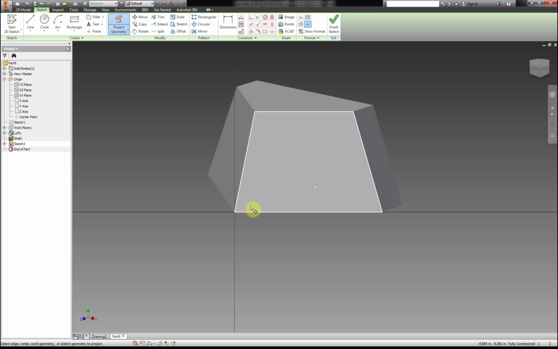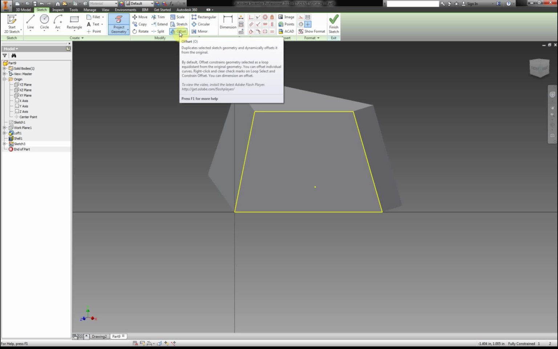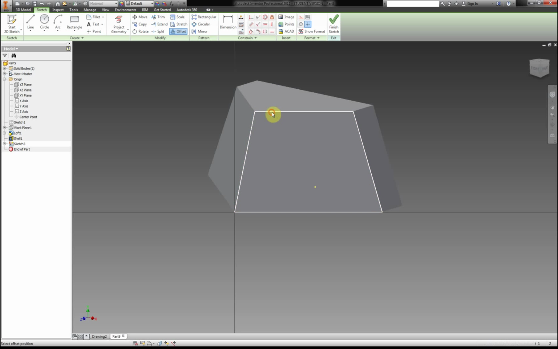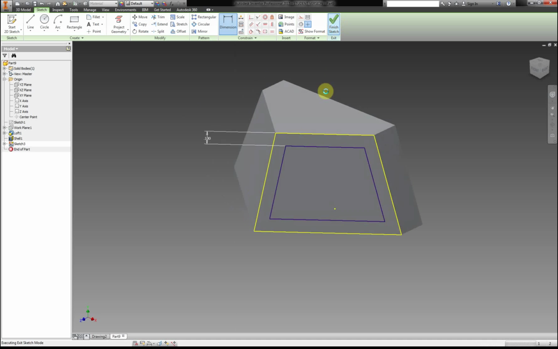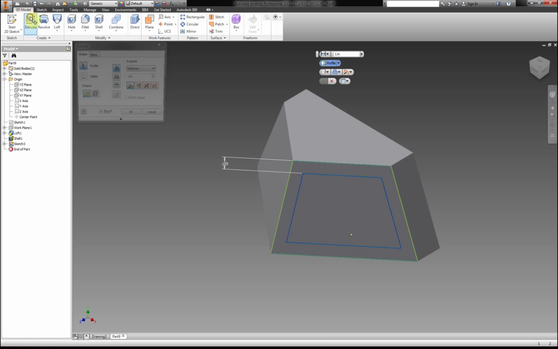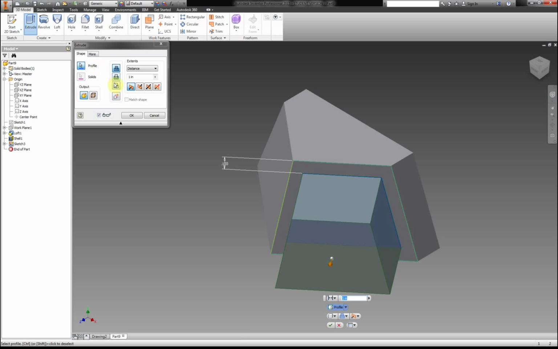And we want that to highlight this outside edge, because now we can use this tool that's called Offset. And with that tool, we can click on our Project Geometry line, which is that yellow line, and place it inside of our object, and now dimension 2.1. Now we can finish our sketch, and we're going to extrude, and we're going to make sure this is cut,